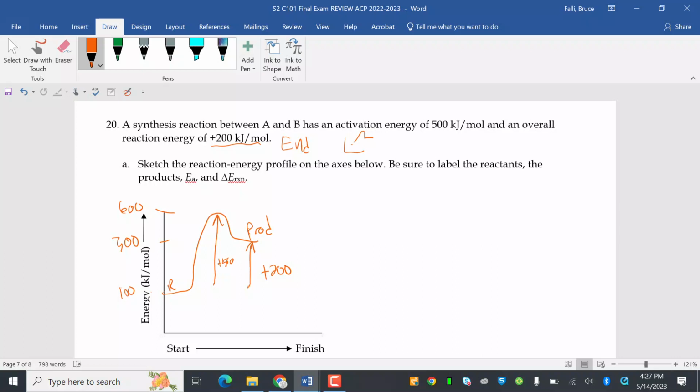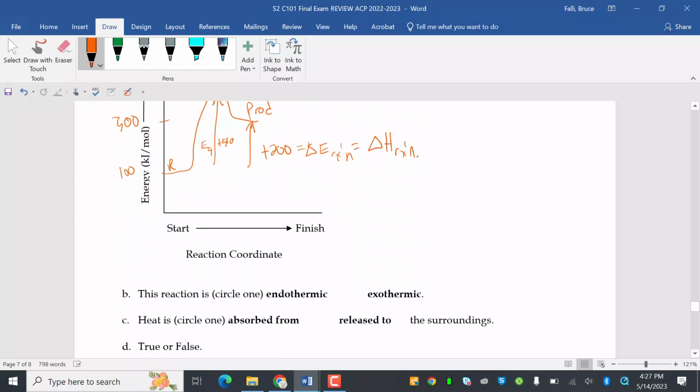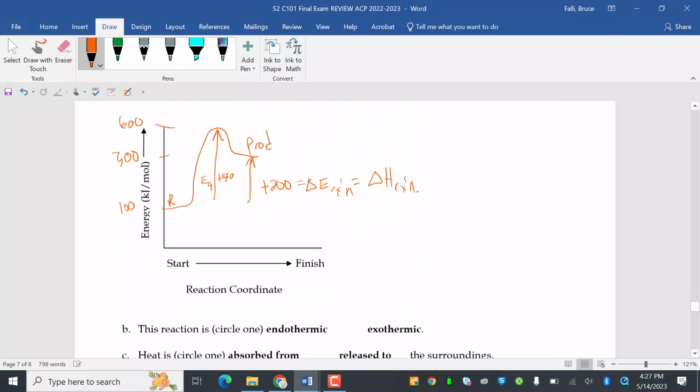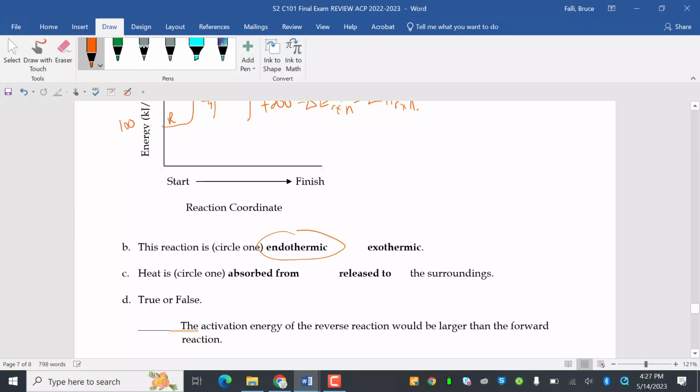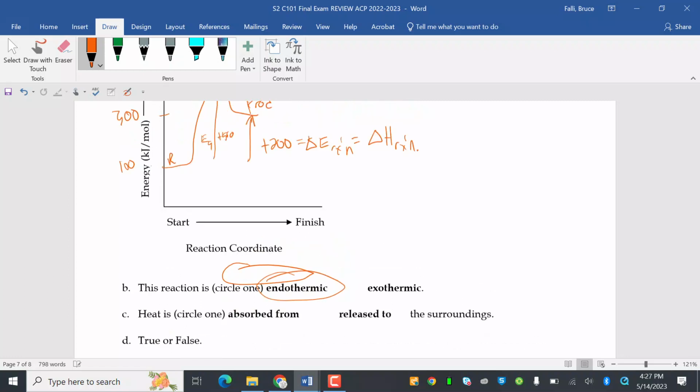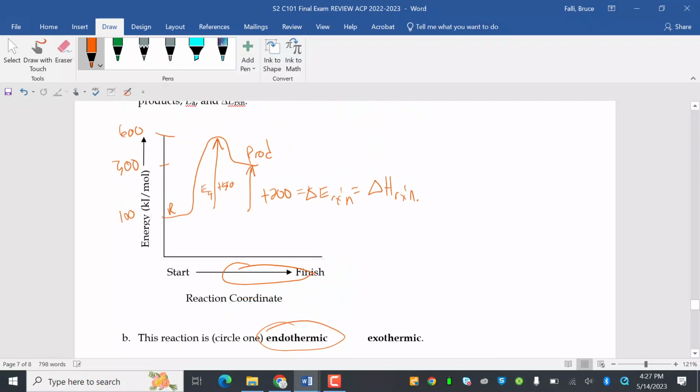EA is right here. And energy of the reaction is delta E reaction. I feel way better about that being delta E reaction. It's also often shown as delta H of the reaction. So, good. This reaction, we talked about it already, is endothermic. Heat is absorbed from the surroundings. So see how I have 100, I get up to 300. How does it do it? It absorbs it